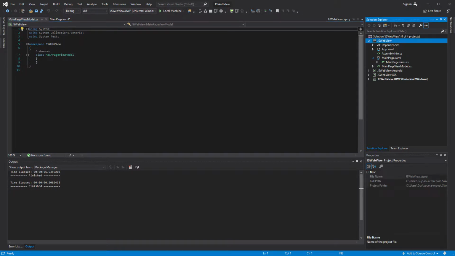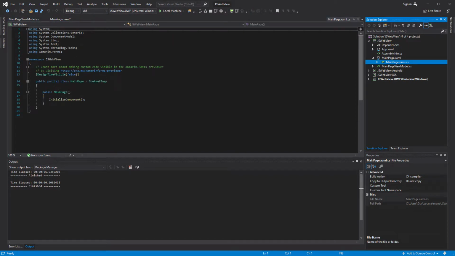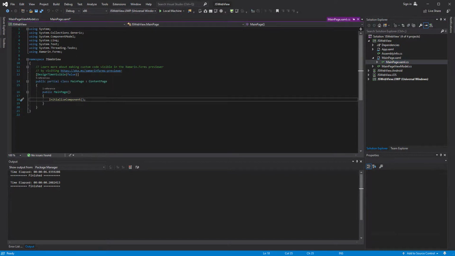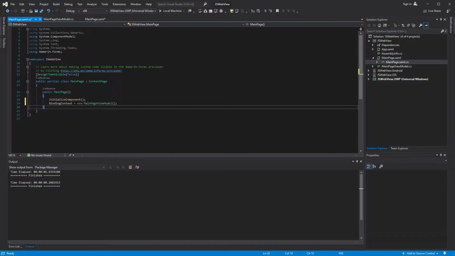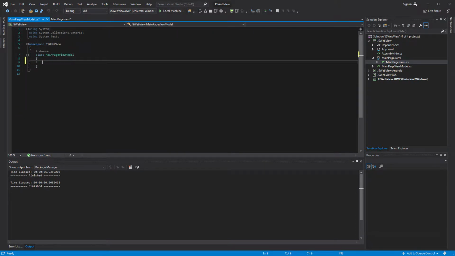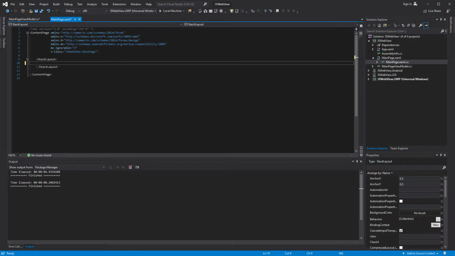Excellent. Now, in our MainPage.xaml.cs file, underneath InitializeComponent, we can add our binding context and make that equal to new MainPageViewModel so that we can connect our view model to our page. Excellent. We won't need this CS file anymore, so let's save it. Now in our MainPage XAML file,